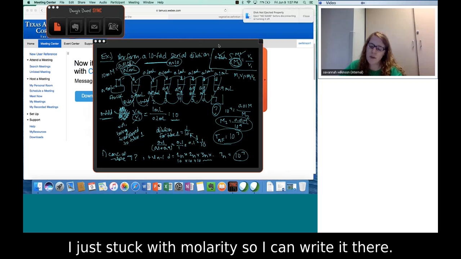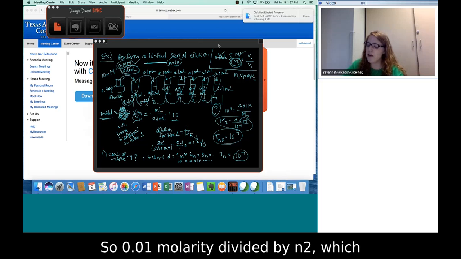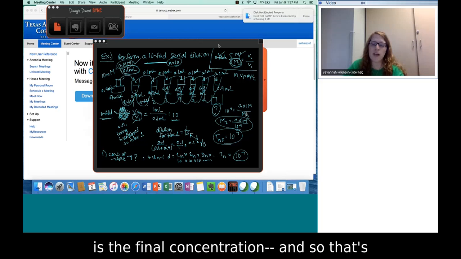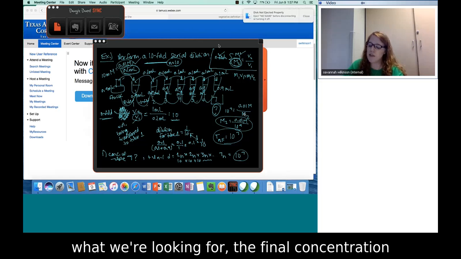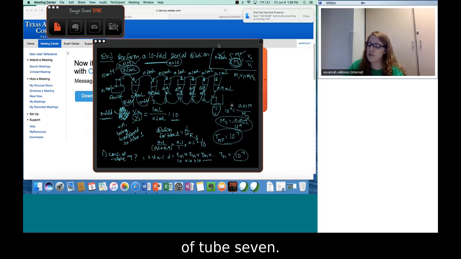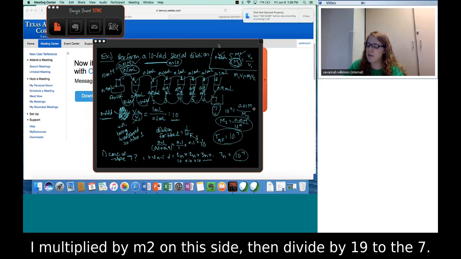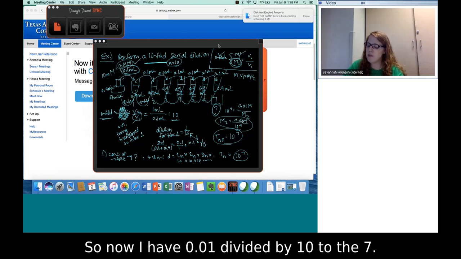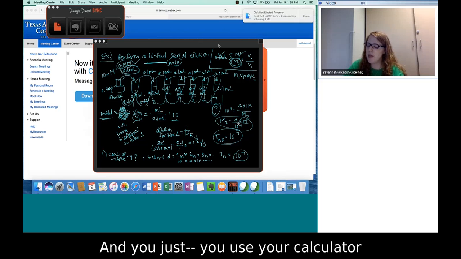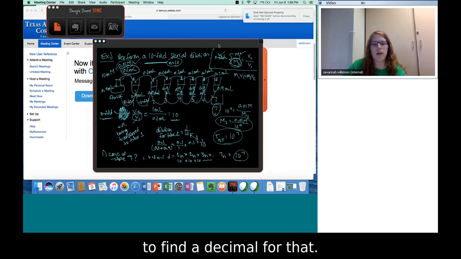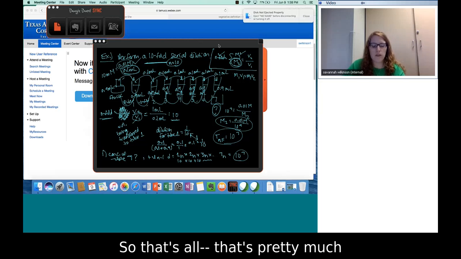I just stuck with molarity, so I converted it there. So 0.01 molarity divided by M2, which is the final concentration. And so that's what we're looking for, the final concentration in tube 7. I just rearranged that, where I multiplied by M2 on this side, then divided by 10 to the 7. So now I have 0.01 divided by 10 to the 7. And you just use your calculator to find the decimal for that. So that's pretty much my